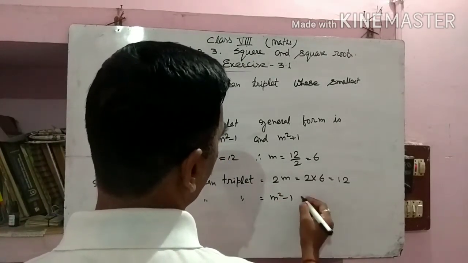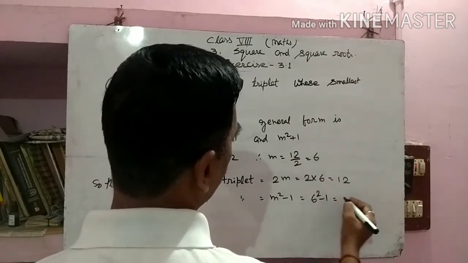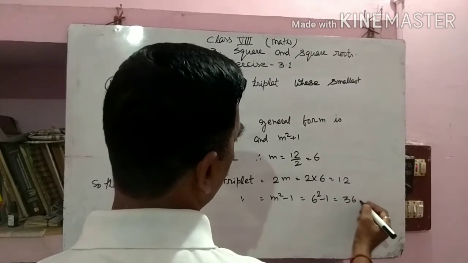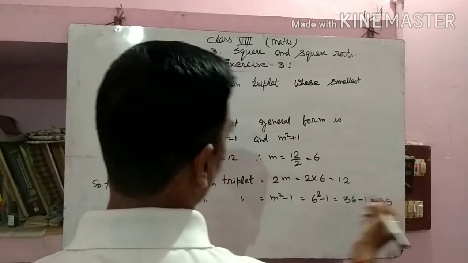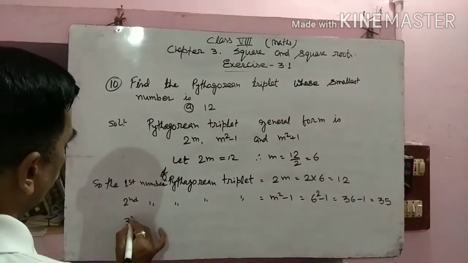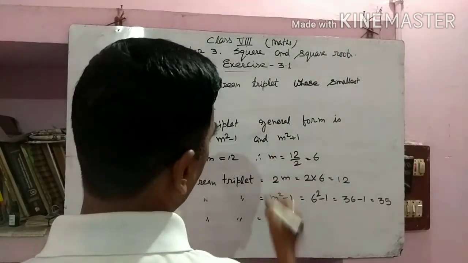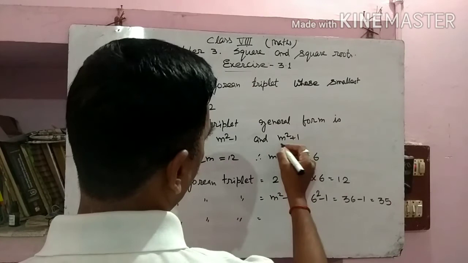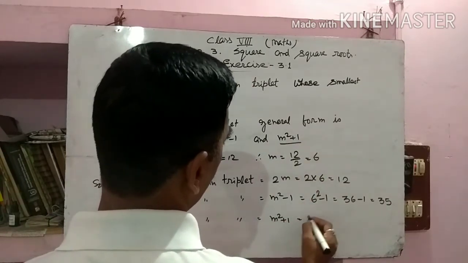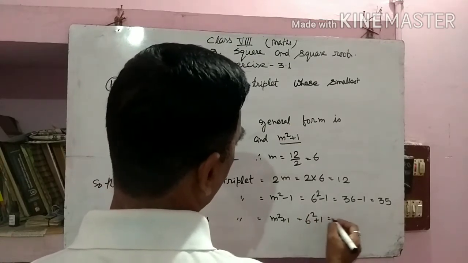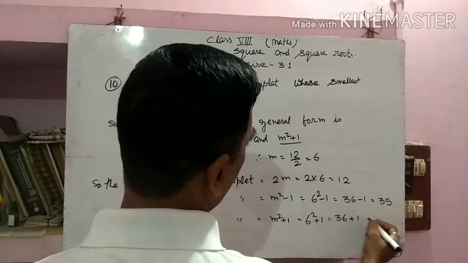m square minus 1. m square means square of 6 minus 1, which is 6 square is equal to 36 minus 1, which is 35. The third number of Pythagorean triplet is equal to what we have written, the third general form, m square plus 1, which is 6 square plus 1, equal to 36 plus 1, which is